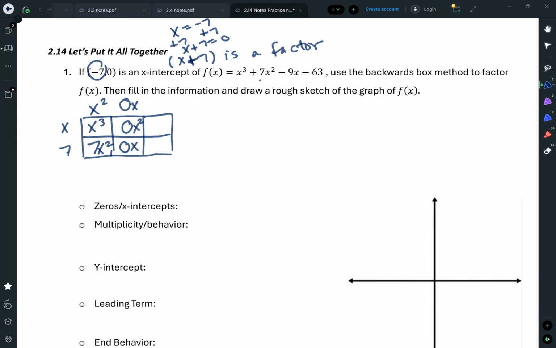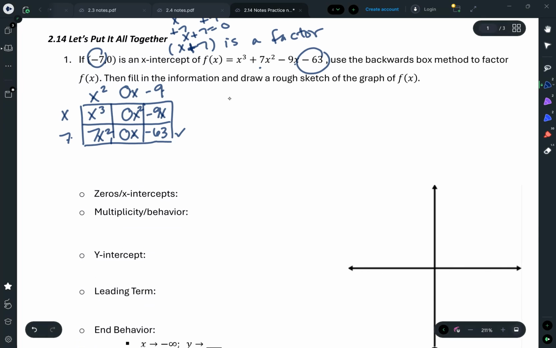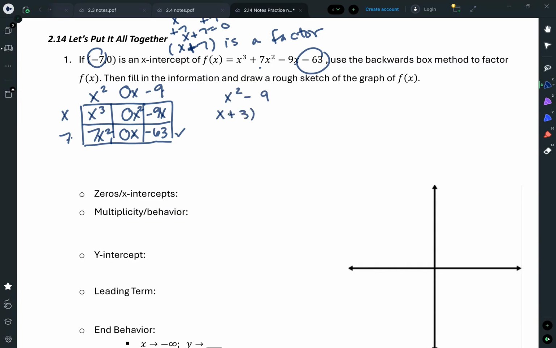So let's see. That means this needs to be a negative 9x. 0x plus negative 9x would be a negative 9x. So negative 9 times 7 is negative 63, which equals my constant term. So I don't have a remainder. So when I divide this out, I get x squared minus 9. So if I have x squared minus 9, I would keep factoring to be x plus 3 times x minus 3. If I think about that being set equal to 0,